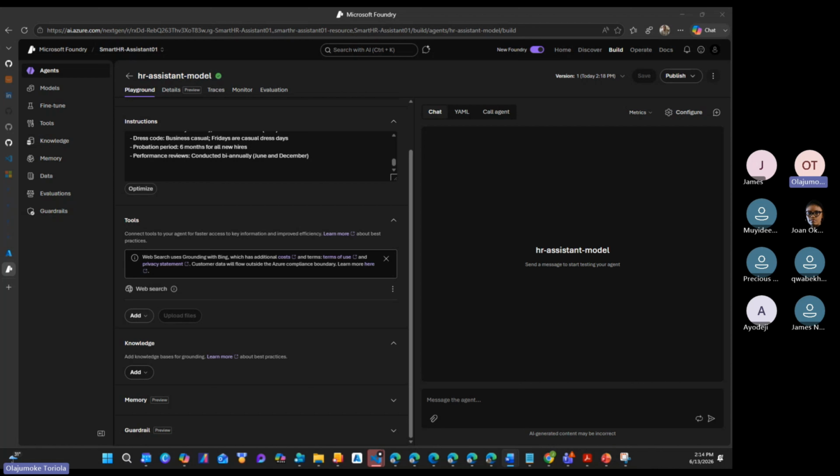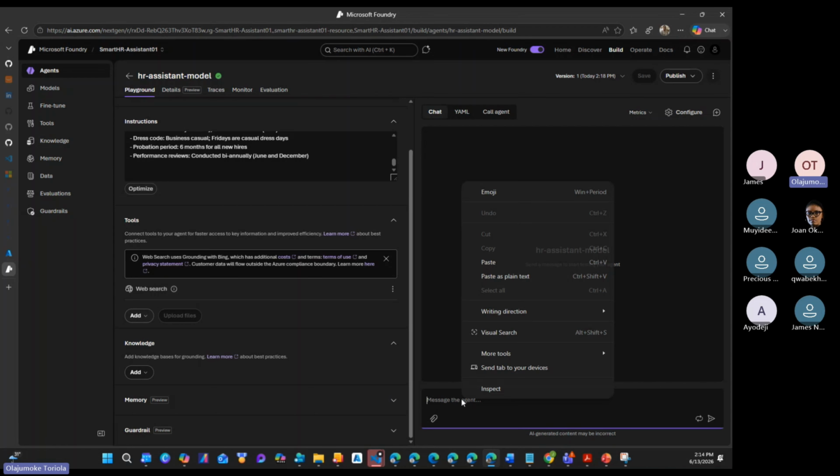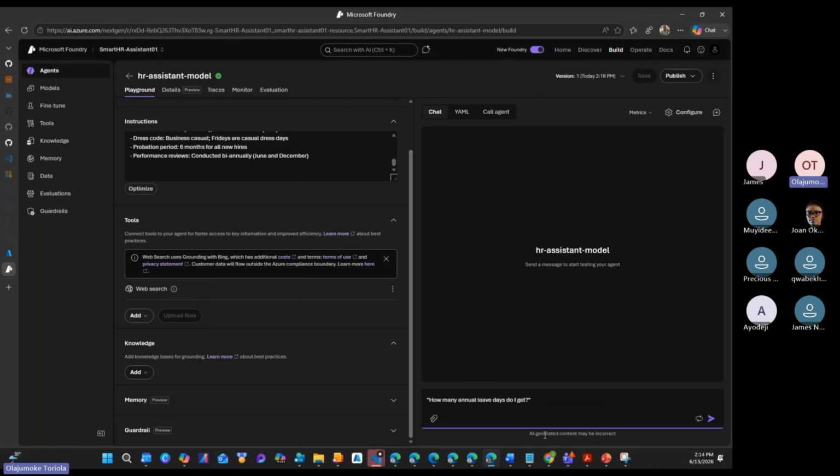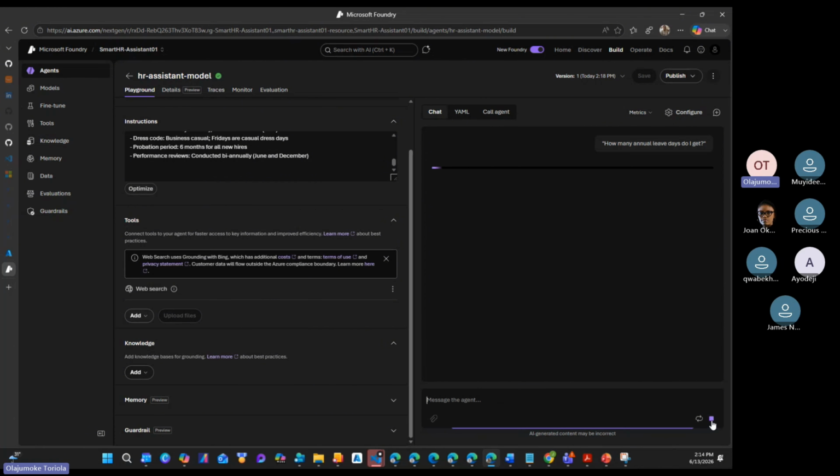What we want. So let's say I'm asking a question: how many annual leave days do I get? Now, remember, if we wanted this to be more specific, it means we will have a document that says if your level is this, this is the leave.